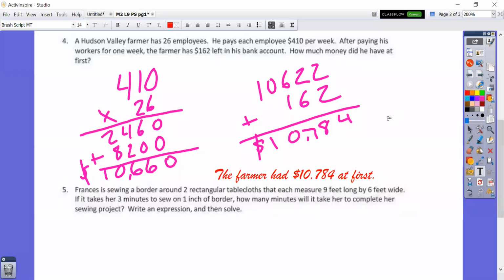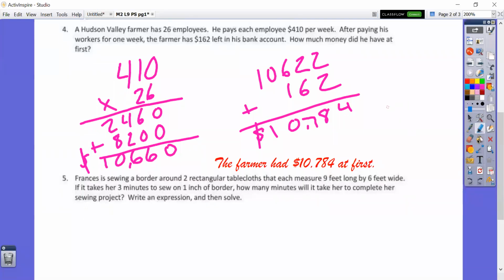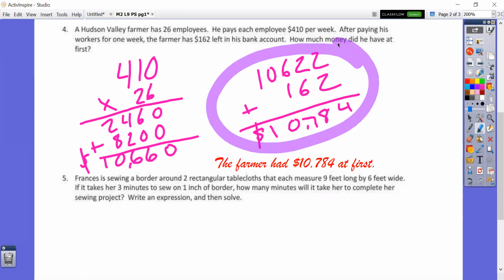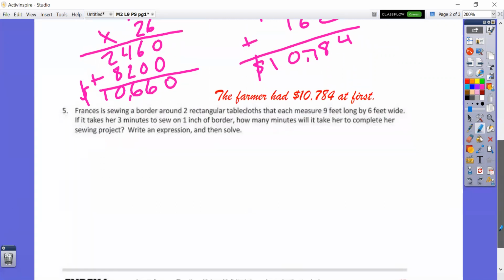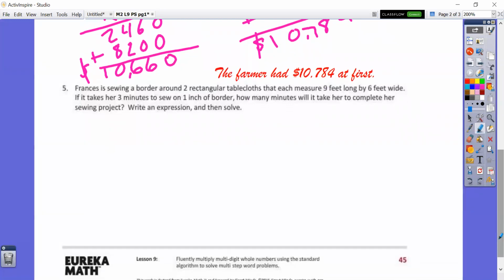All right, welcome back. Let's check your work. Again, if you used area model, you're looking for the partial products, and then you're checking the overall product. If you did standard algorithm, again, you're checking those pieces as well. So after we did that, we added $162, and we were left with the farmer had $10,784 at first. All right, last question. Let's do it together. Again, I'm going to help you set it up, and then we can go ahead and